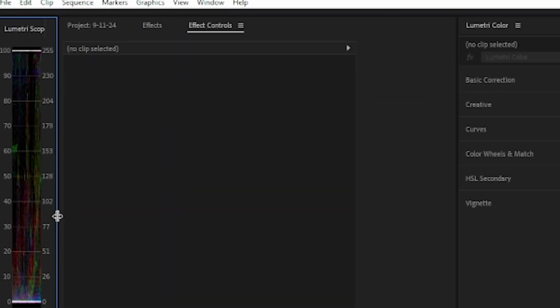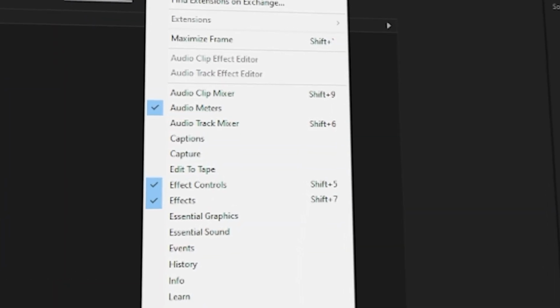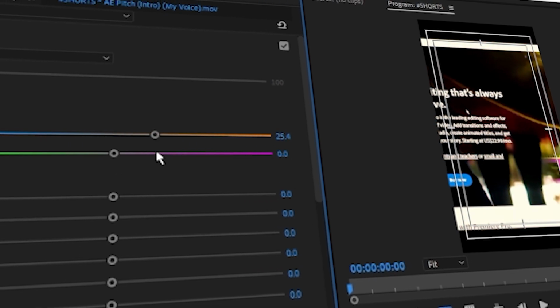This tutorial will show you how to get a color correction panel in Adobe Premiere Pro CC video editing software completely